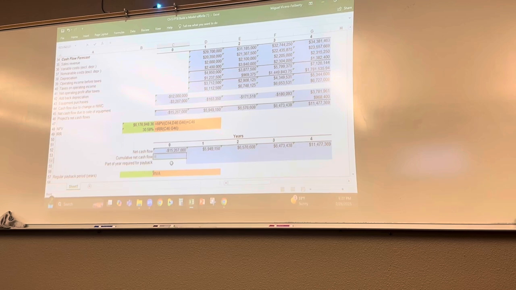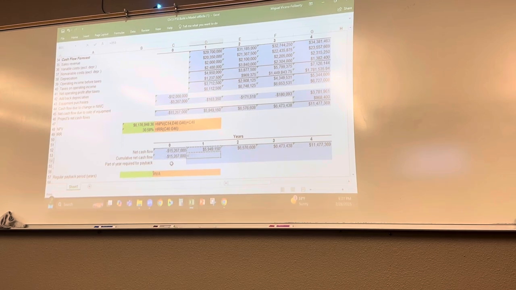My cumulative net cash flow is what I get in the year plus whatever my initial investment amount was. So after 1 year, I paid back, I still owe 9.317 million on this. After 2 years, a little bit less. After 3 years,